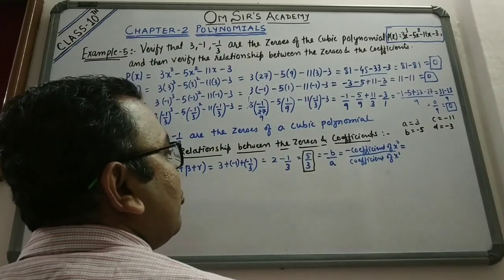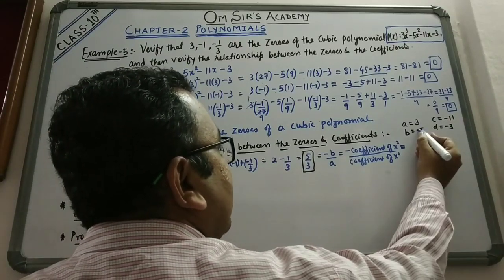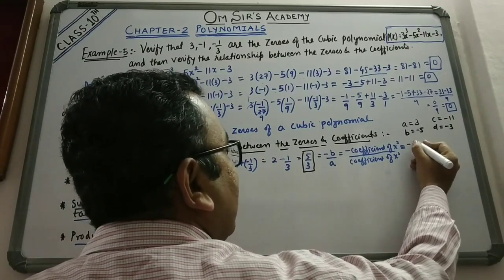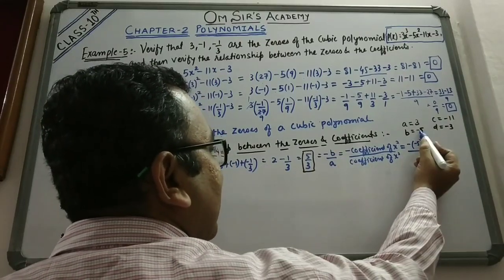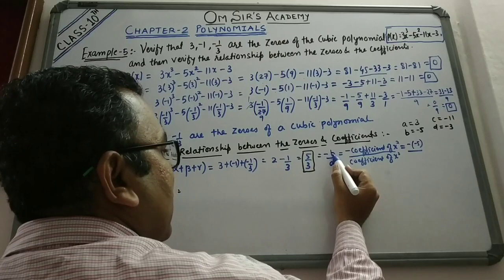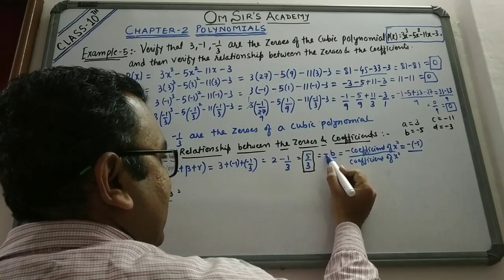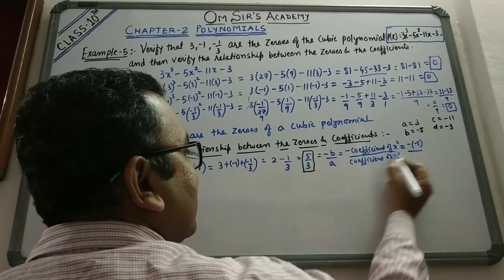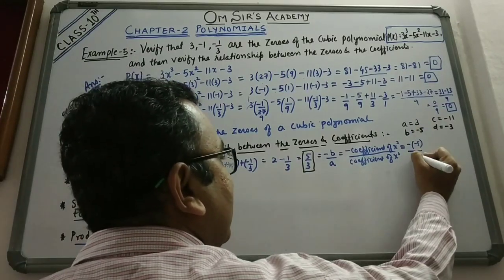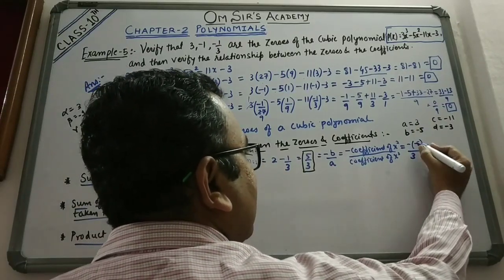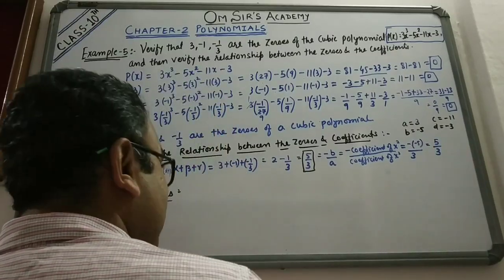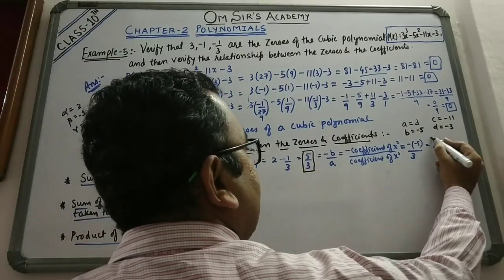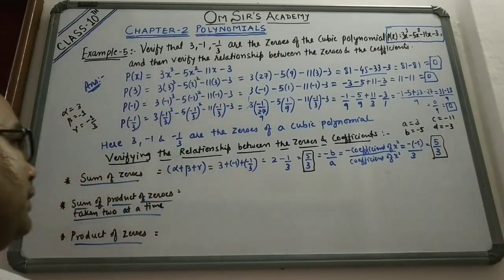So that is equal to, what is minus B? B is minus 5. So it will be minus into minus 5 upon, because value of B was minus 5 and outside B also there was one minus sign. So minus into minus 5 upon A. A is what? 3. So minus into minus will be plus. So plus 5 upon 3. So hence this 5 upon 3 is equal to this 5 upon 3 and my relationship is verified.